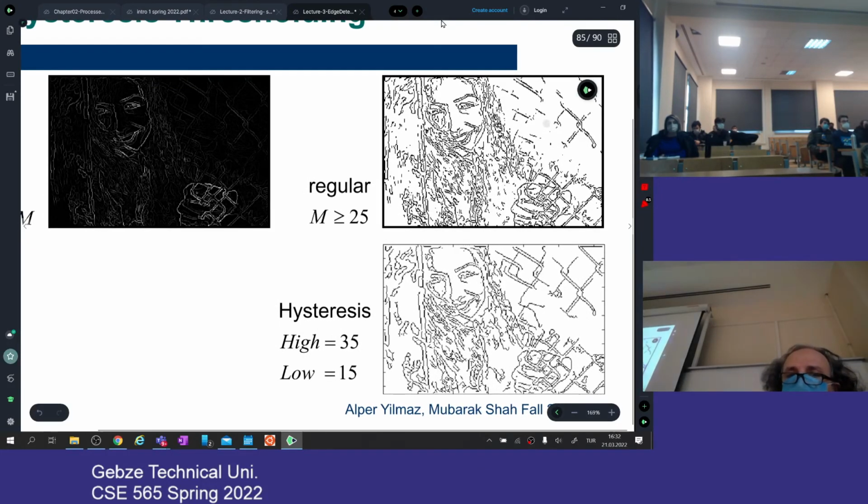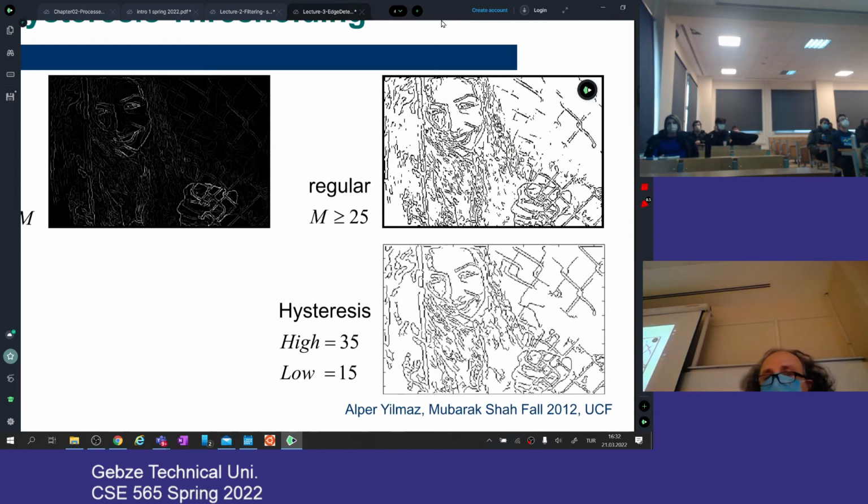This is the regular single threshold result. And this is a two threshold result, low 15, high 35. It looks like I eliminated lots of noise, like that one, but I kept lots of nice edge chains too. So this is what Canny edge filtering does